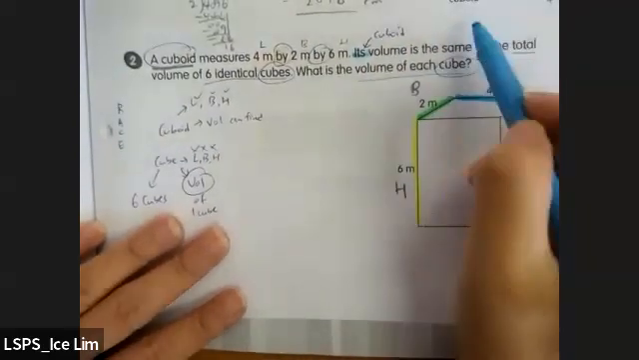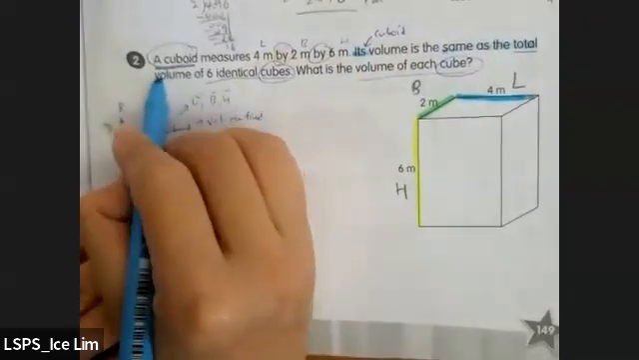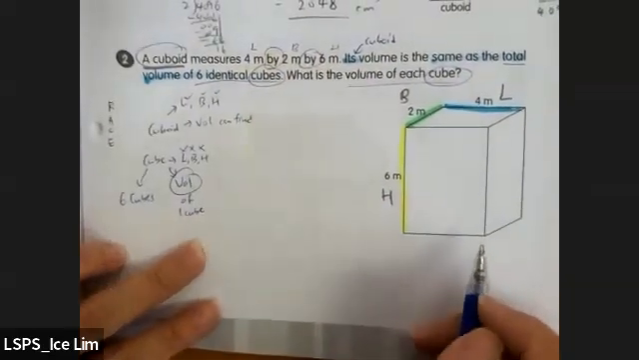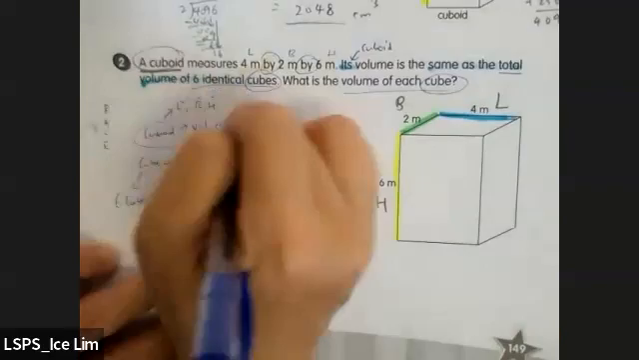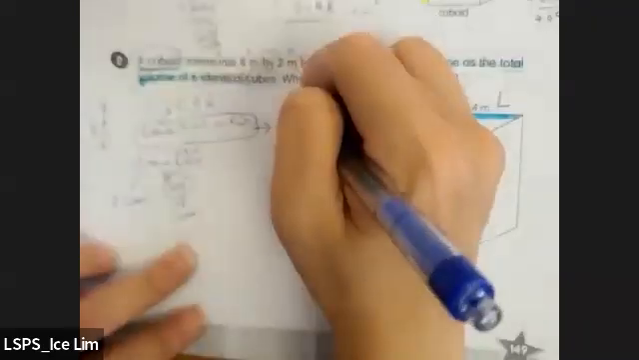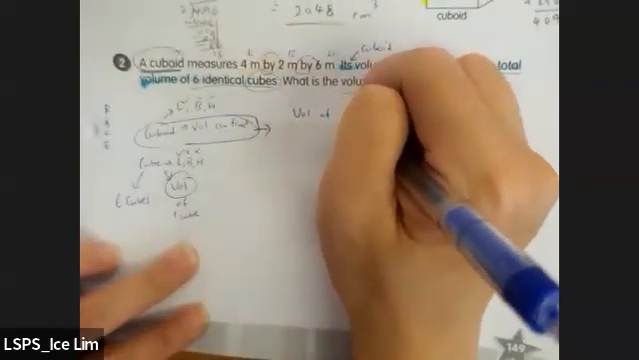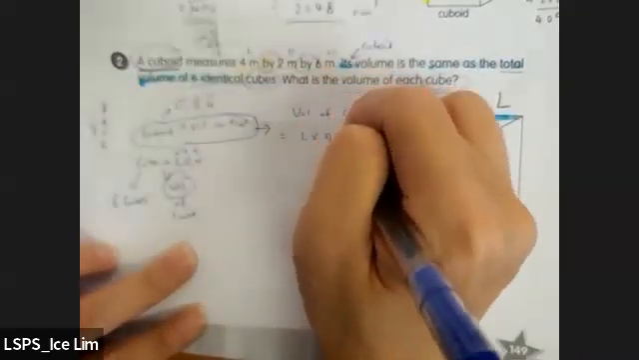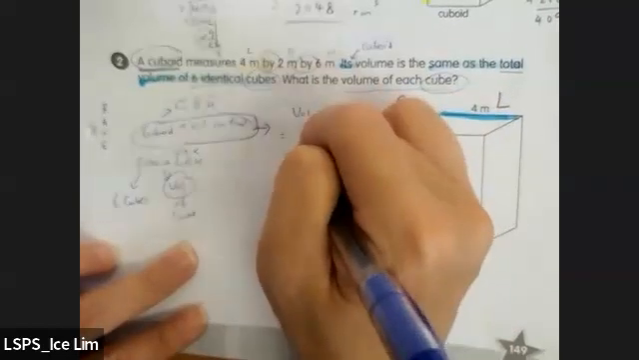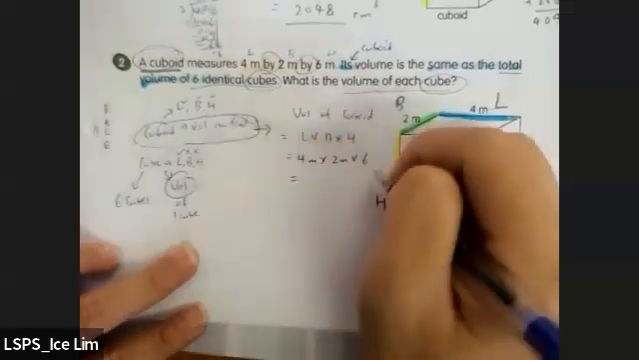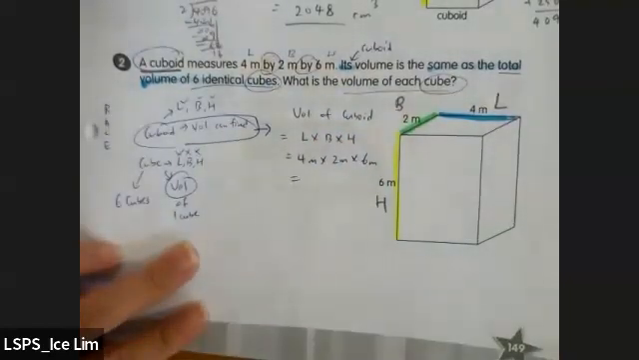This one's the same as the total of 6 cubes. So in other words, I can find 1 cube by first finding the cuboid volume. Step 1. The volume of cuboid is equal to length times breadth times height. That's 4 meters times 2 meters times 6 meters, which is 8 times 6, that's 48